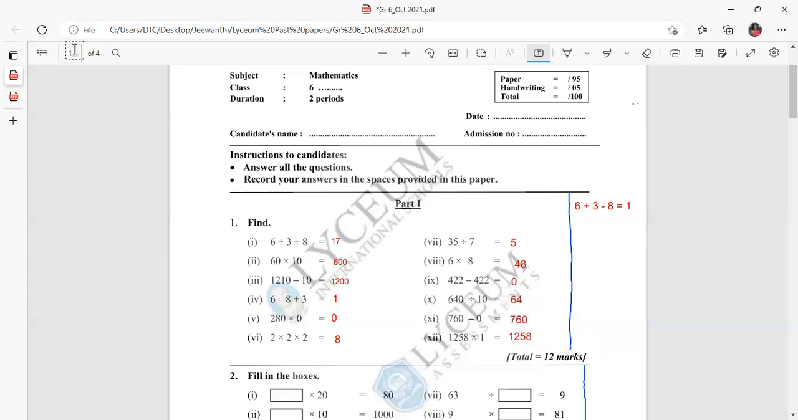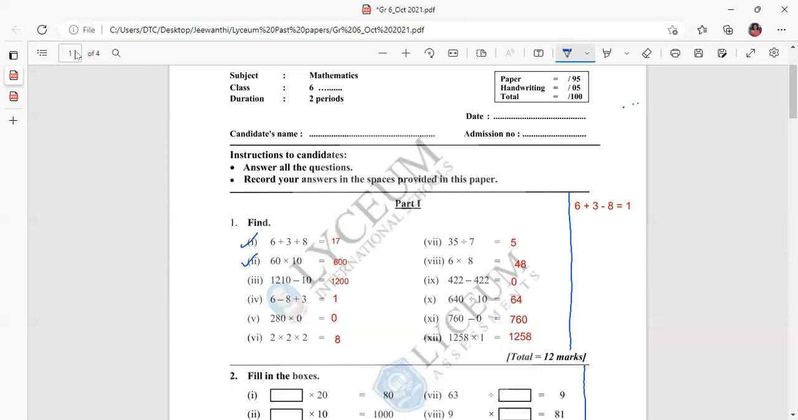Now here, children, they are testing the different concepts, whether you know them or not. So the first one, they check whether you know how to add numbers which are written horizontally or else as a line. Then the second one, they check whether you know how to multiply a particular number by 10,